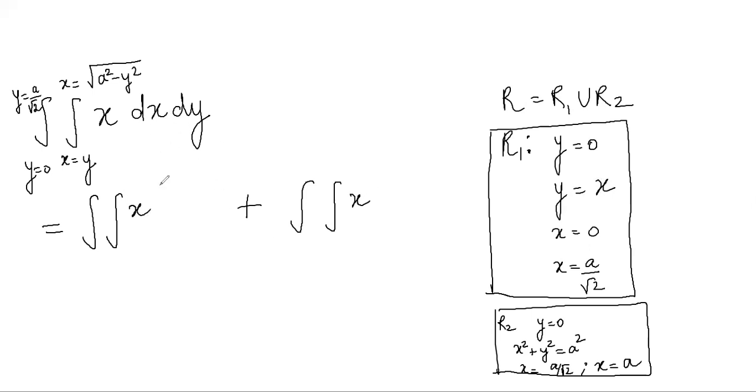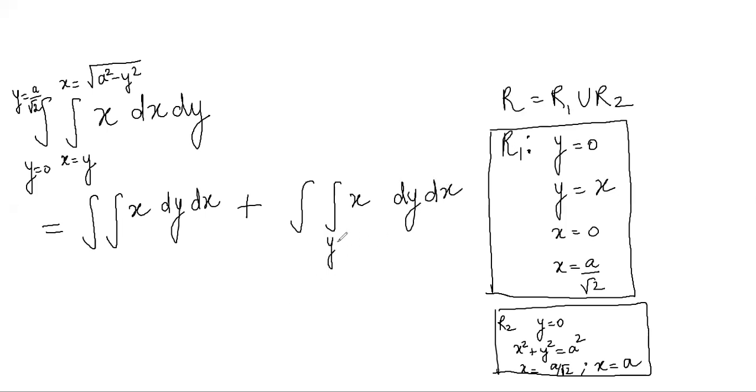New order of integration, as we are changing the order of integration, so this double integral will be equal to the sum of these double integrals. But on the right hand side, the order of integration will be the changed order, which is the new order of integration, and which is dy dx, because initially it was dx dy, now it will be dy dx. And similarly here it is dy dx.